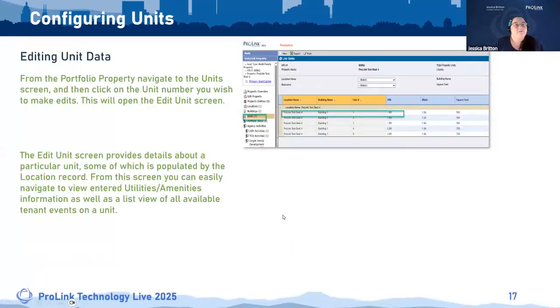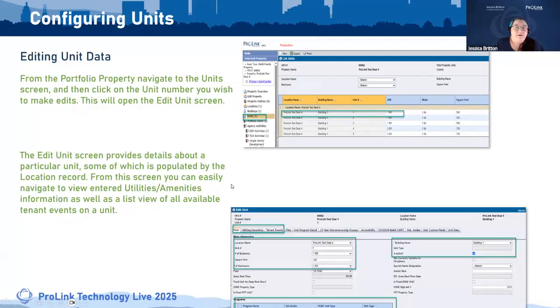Configuring units. For unit editing, again, under the portfolio property from the building, right under the buildings tab, there is the units tab. By clicking on that units tab and then clicking into each individual unit, you have the ability to edit